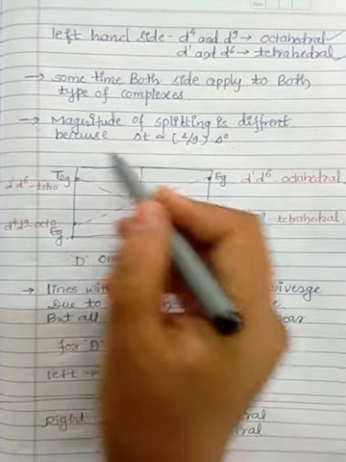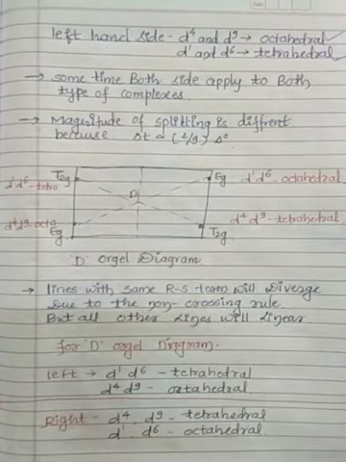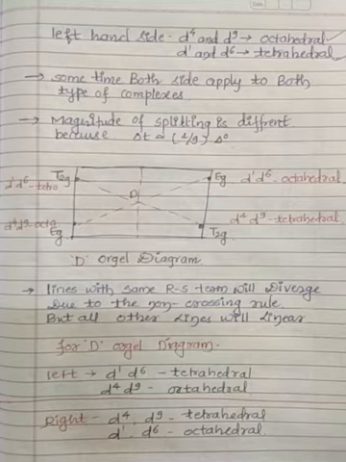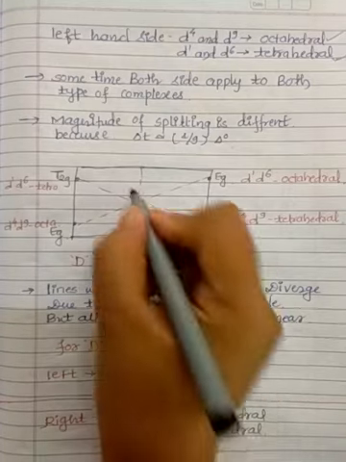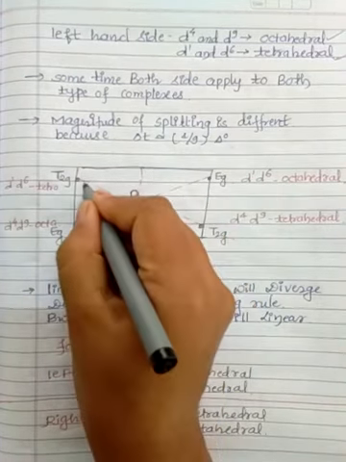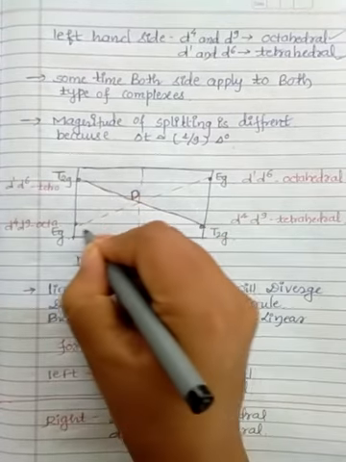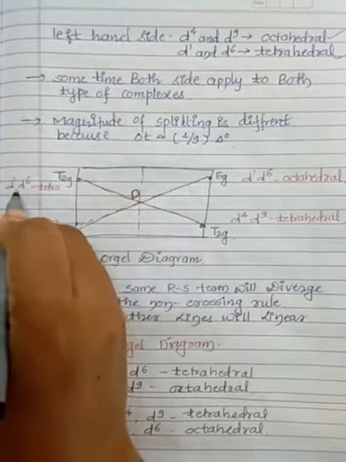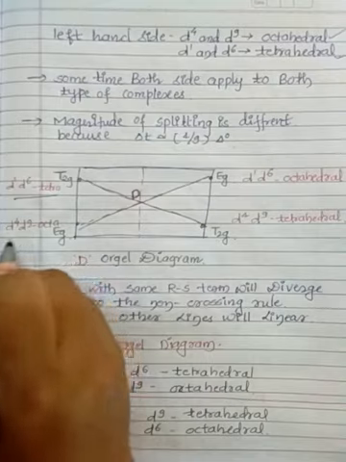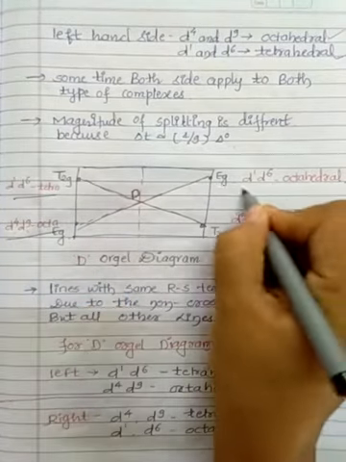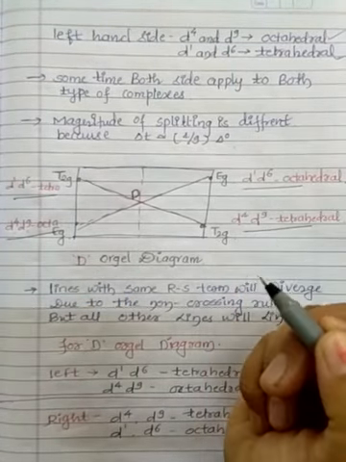Okay, so this is about the D Orgel diagram. There are mainly two parts. One is the D Orgel diagram, another is the F Orgel diagram. We are dealing first with the D Orgel diagram. Just to see, here I have written the D Orgel diagram. The splittings I have done already, Eg and T2g. D1, D6 tetrahedral, D4, D9 octahedral, D1, D6 octahedral, D4, D9 tetrahedral.